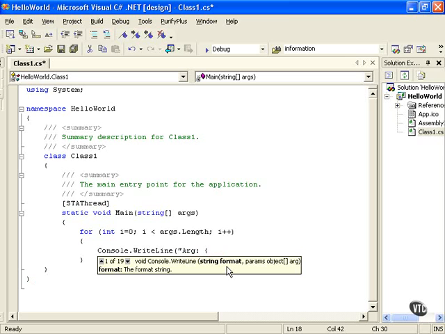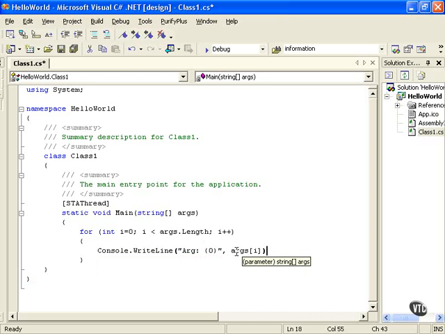Now if we want to put in variables into our text, there's a neat way to do that within the .NET world, and that is to put open bracket a value of the actual place of the parameter that you want to pass in there. You can put open bracket 0, end bracket, and then you can do the same thing for 1, 2, 3, 4, depending on how many variables you want to pass into this string, as you're going to see. We'll look at this a lot later, just giving you the details on how to do this really quickly. And then we can just close this, put our semicolon,